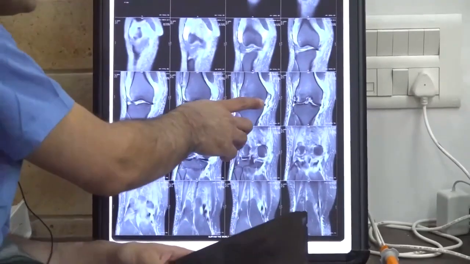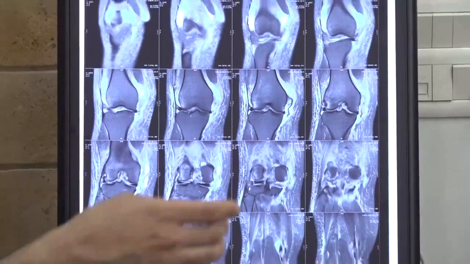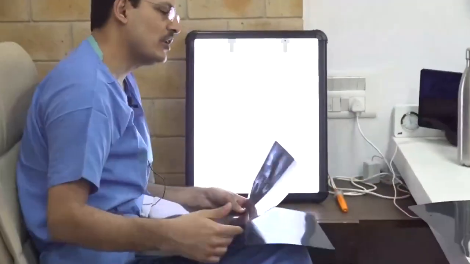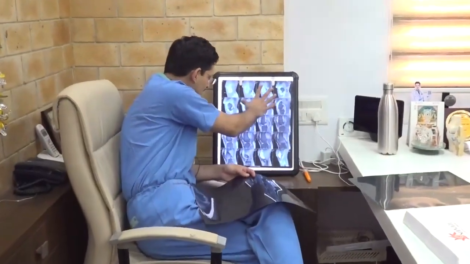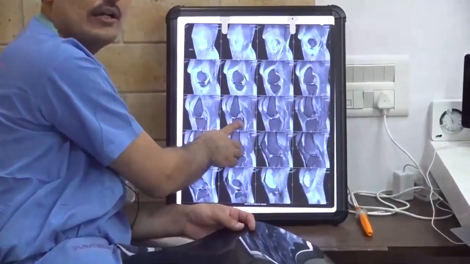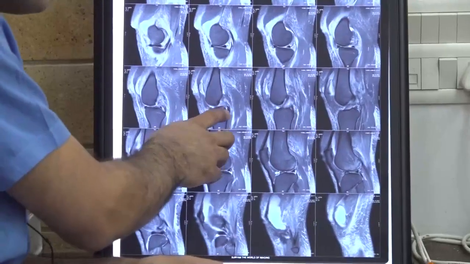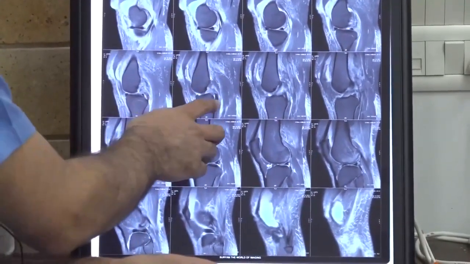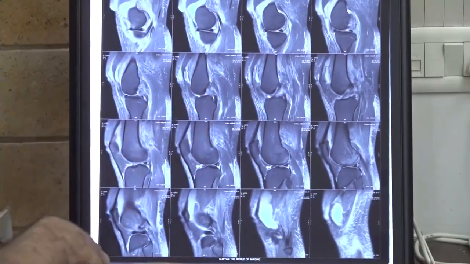So it includes both the deep and the superficial components of the MCL, and specifically it is a medial based injury. So this is falling into what is called a KD3 classification, and you can very evidently see that the PCL is very nicely attached on the tibia, but on the femur side it is avulsed. So this is a PCL avulsion from the femoral side. On the tibial side there is a very good insertion, but from the femoral side the PCL is avulsed,